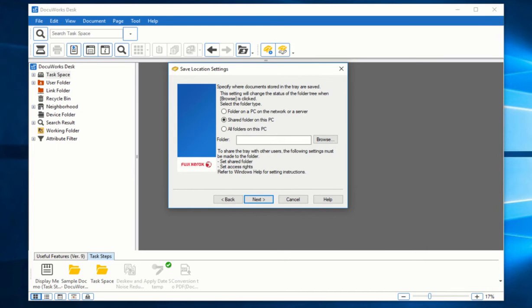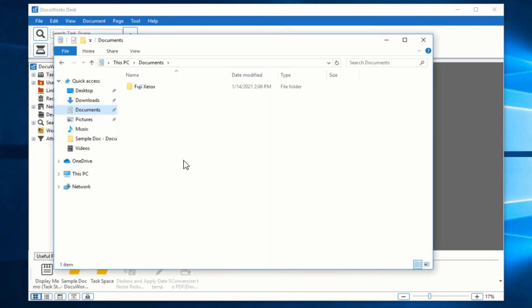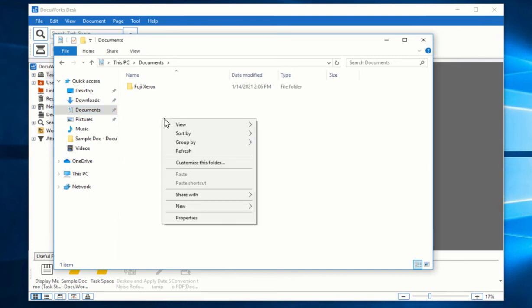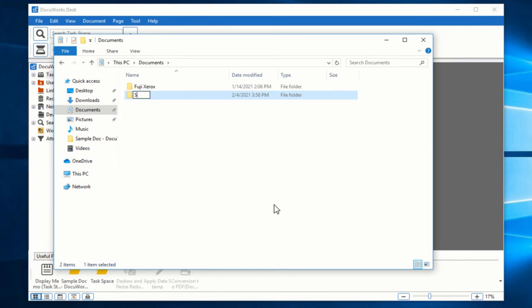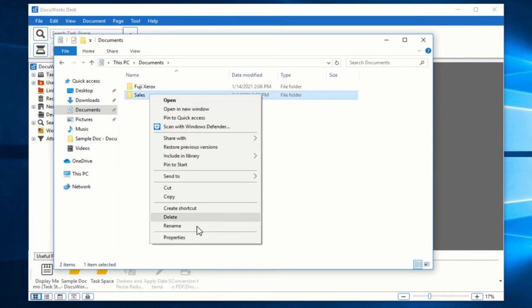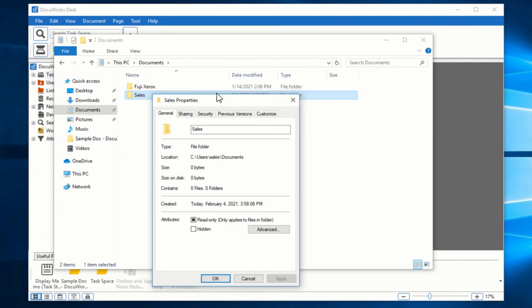So first what we need to do is to open our Explorer, Windows Explorer. Okay, and from our Windows Explorer, we have the tray location. So let's go ahead and create a folder within documents and call it sales, for example, right? And this sales folder, I'll go ahead and share it. Okay,